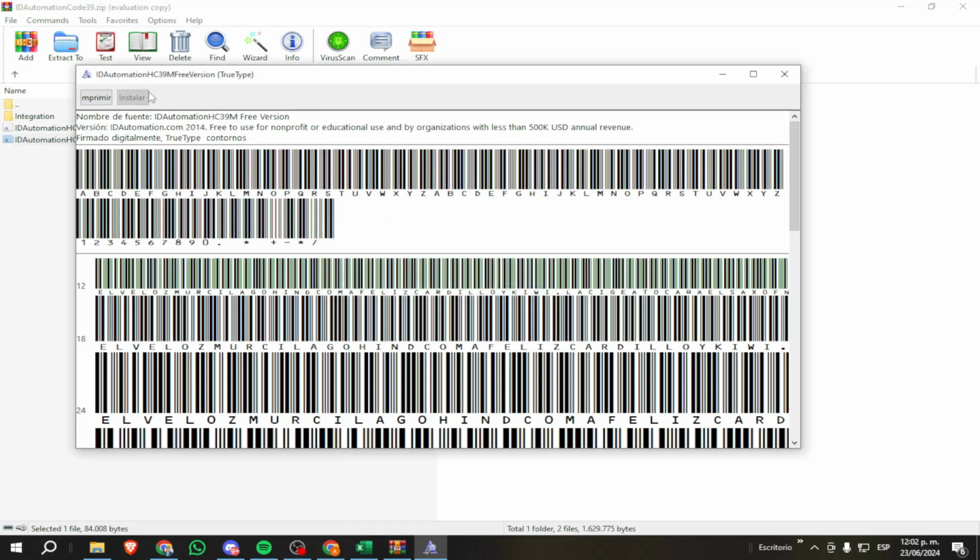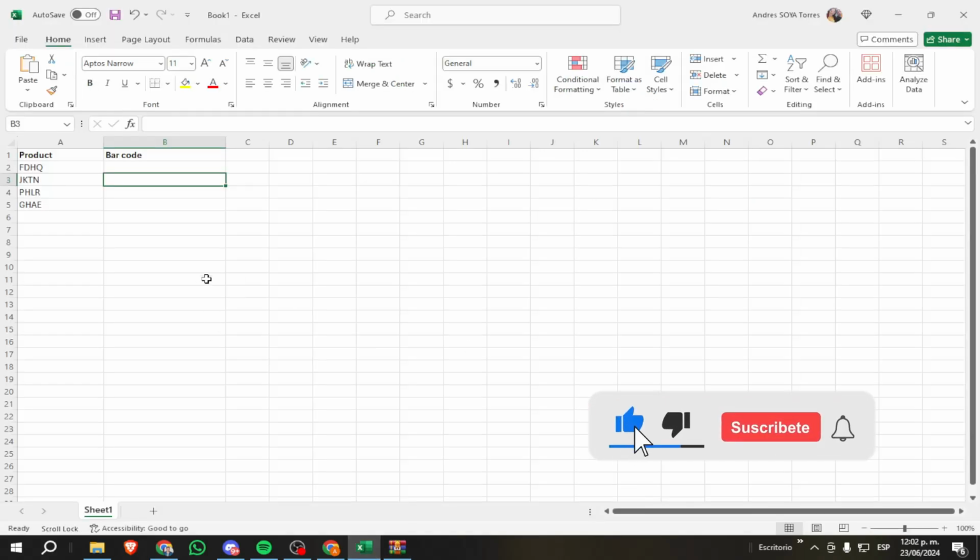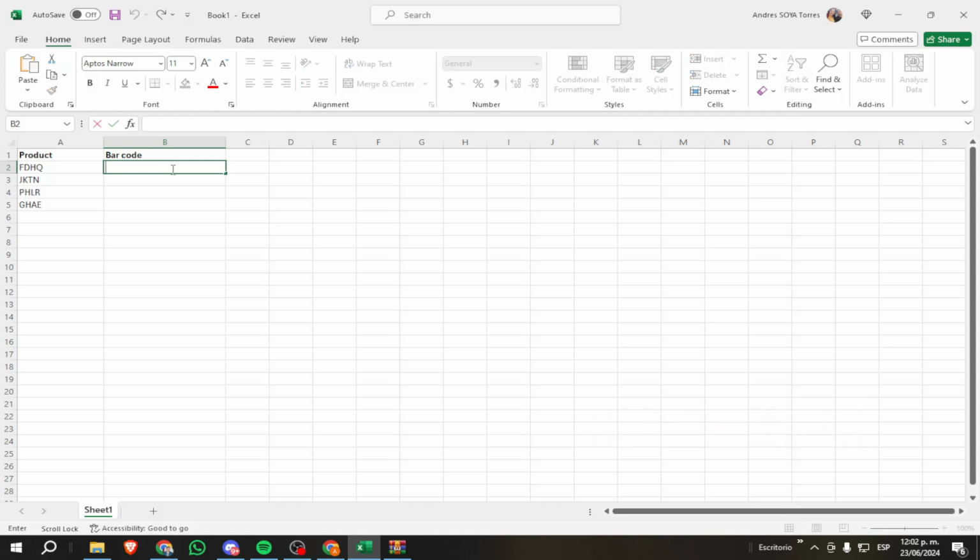Once that's done, we will go back to the Excel document and in the corresponding cell we will type an equal sign, quotes, parentheses, quote again, and ampersand. Now we will click on the cell of the text we want to change and close with ampersand, quotes, parentheses, quotes, and enter. After all that, we will drag the format to the next cells and finally we will go